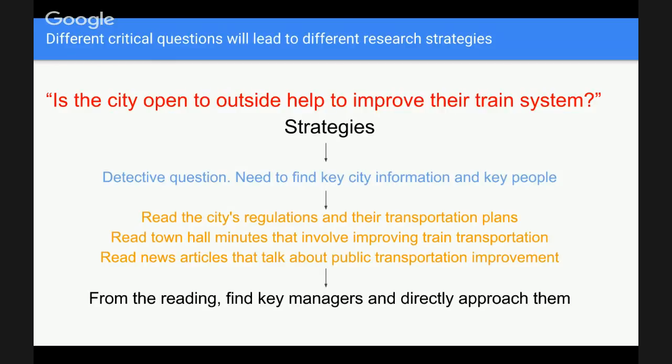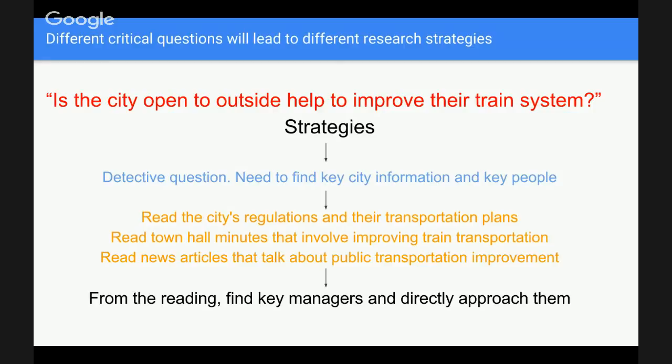They know what's going on, and they may actually be responsible to approve these transportation plans and to approve these plans for improvement. So we read these articles and these minutes in order to find the key people, so that we could then directly approach them and interview them and ask them, hey,